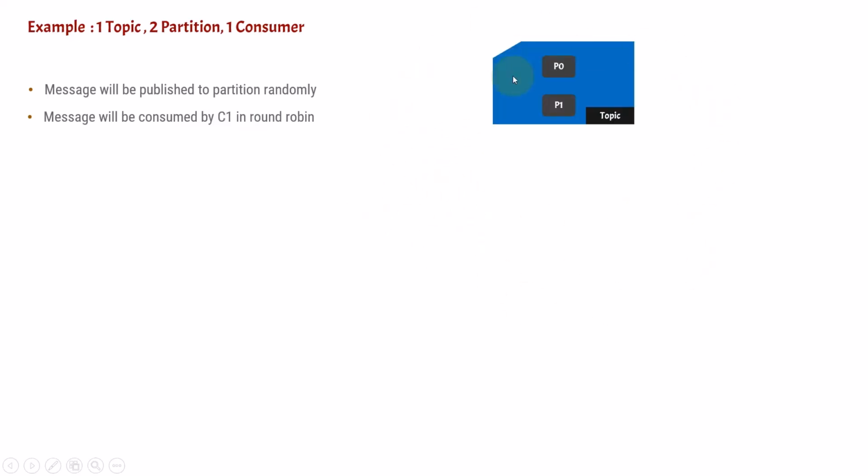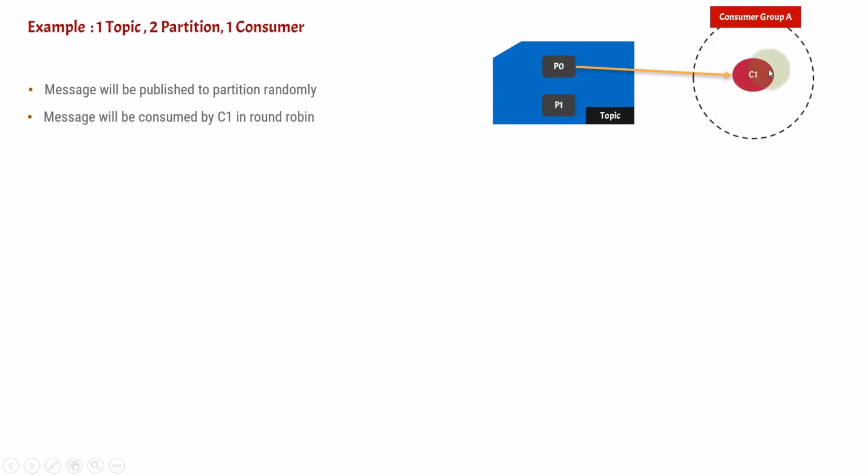So let's say this is a topic inside your Kafka cluster and there are 2 partitions P0 and P1. These are the two partitions inside this topic. First, the consumer C1, which belongs to consumer group A, will read messages from P0, and there is a publisher here on the left-hand side which is going to publish infinitely, whenever messages are originated from some source. The publisher will start publishing the messages, and it can be random. 2 messages can go here, then the 3rd here, 4th here, 5th here. So it can be published in any manner.